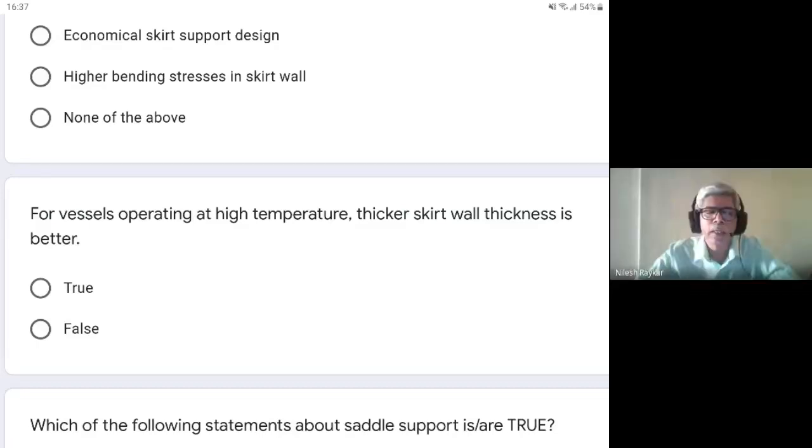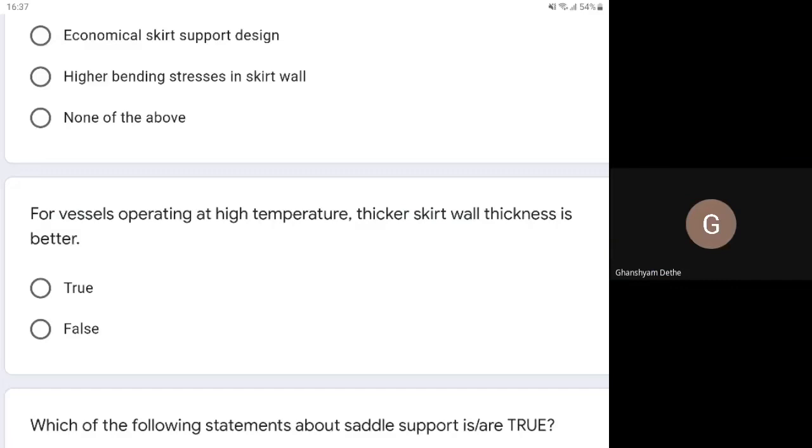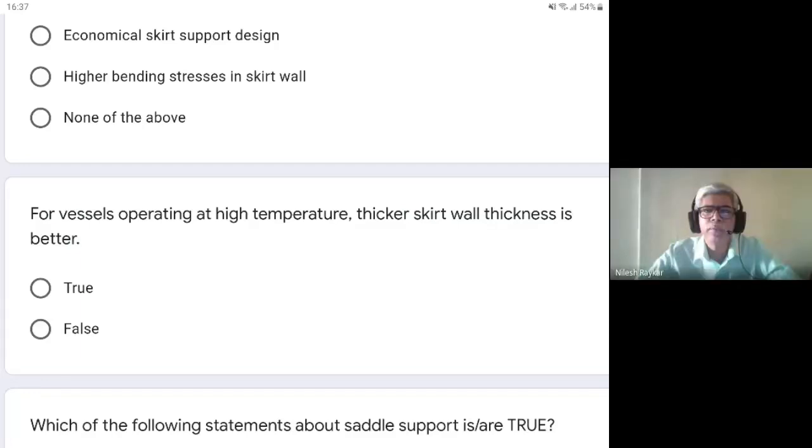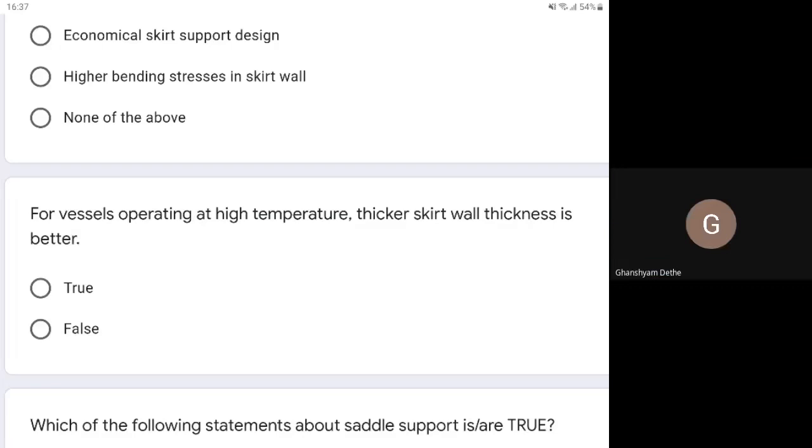What you're saying is partly correct. If it is thin, then it is more flexible, so it can have less stress for the given displacement. Yes. So thermal expansion is a displacement control load. For a given displacement, a thinner body will have less stress. Yes. So that is the reason.